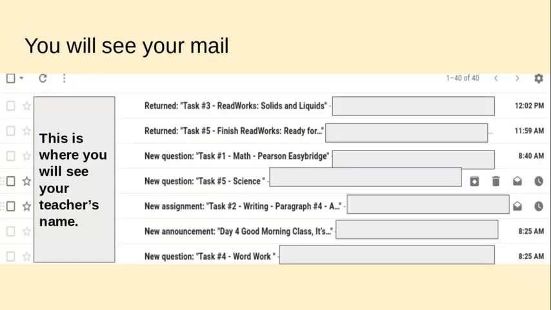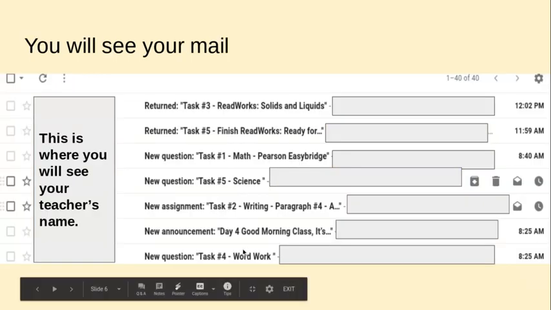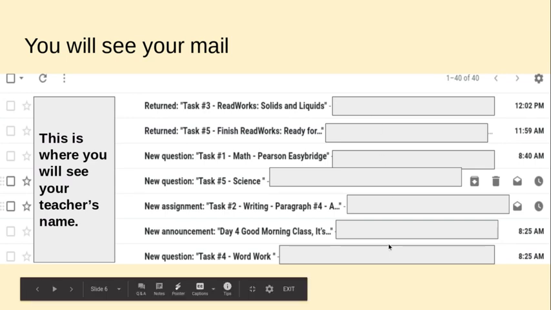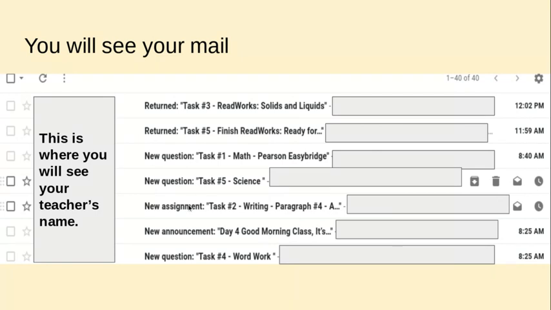Now, once you get to Gmail, here's a couple of things. On this side, you'll see your teacher's name. Notice these are all the messages. And here you'll see a little beginning of the message. I've blocked these out again for the privacy of the person whose account I've borrowed. Notice it tells you if it's an assignment, when things have been returned,